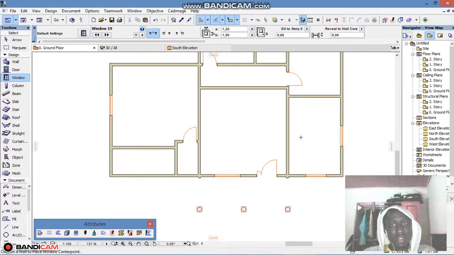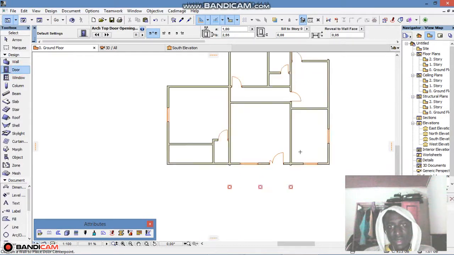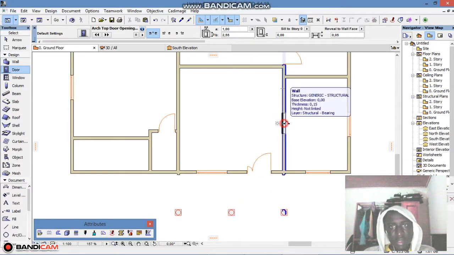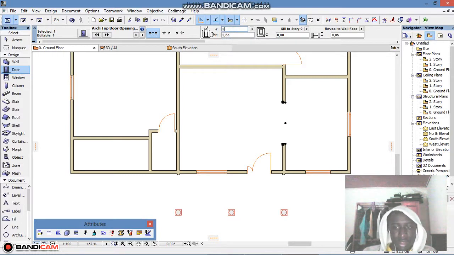I need to give this guy an entry, so I'll go back to doors. Our empty doors deactivated, so I'll give him a width of 2 meters or even 2.5, if you prefer, or if you wish,